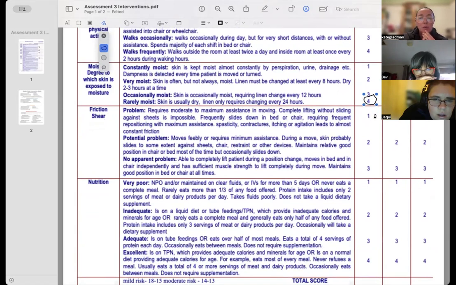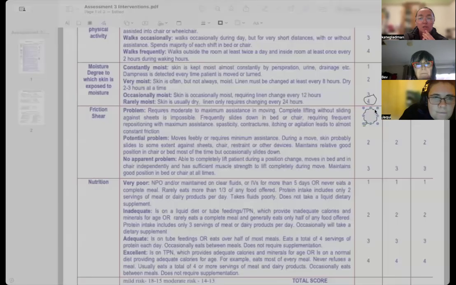I would say this is probably a problem with this patient, just because of the,